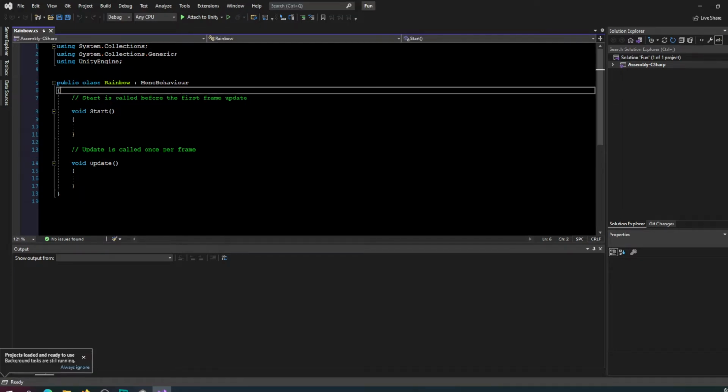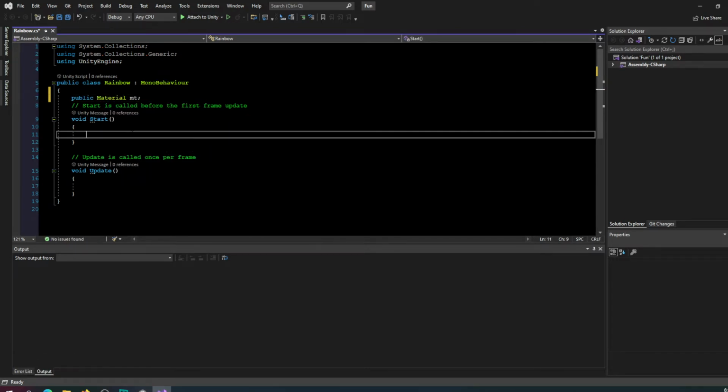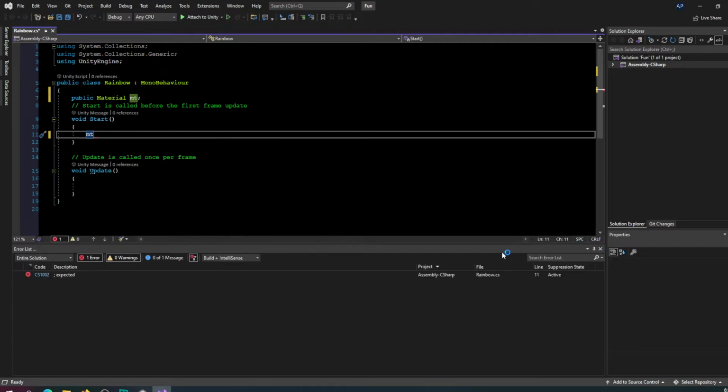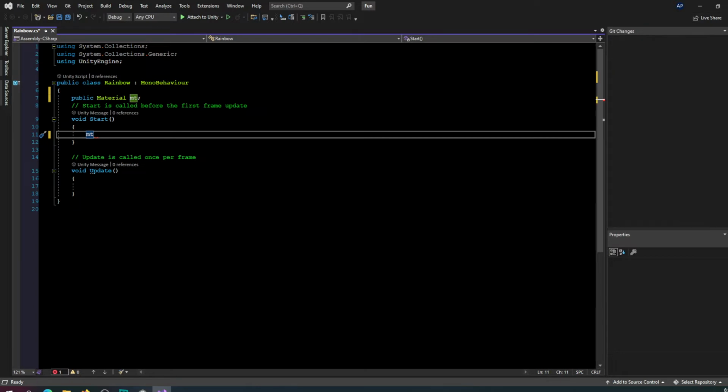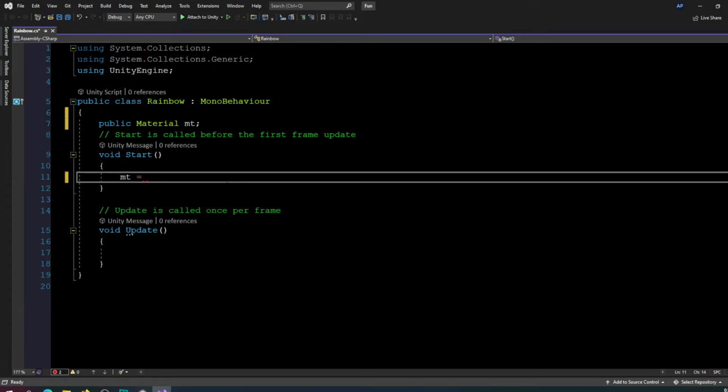Okay, so here we're just going to declare a public material, empty, and empty is, let me just zoom in here, close some of these other windows. Okay, and empty is going to be our material we assign to the ball, so that's going to be